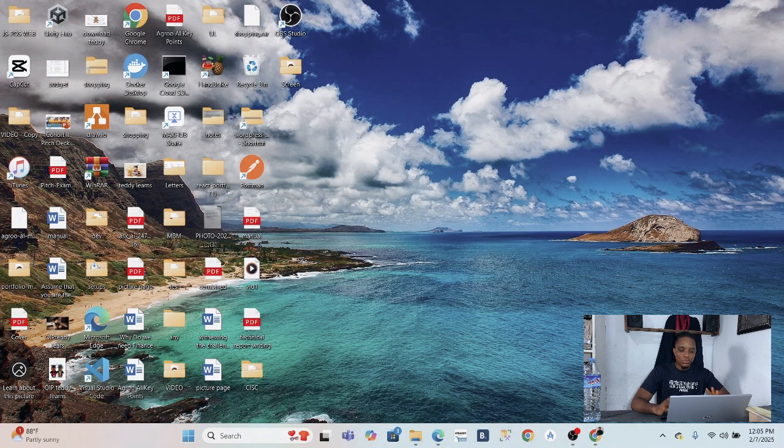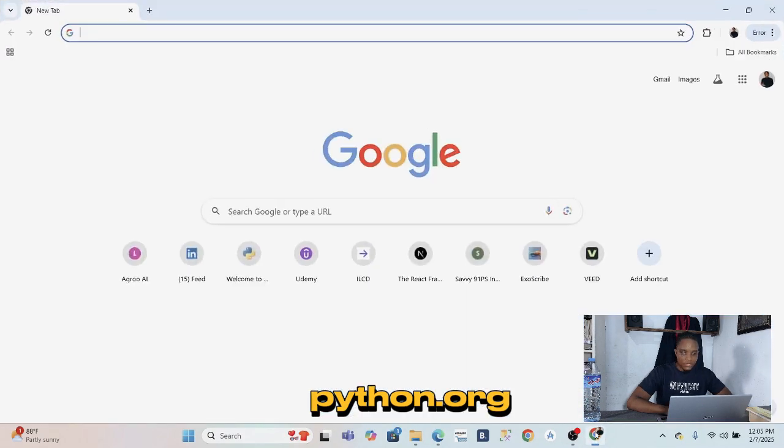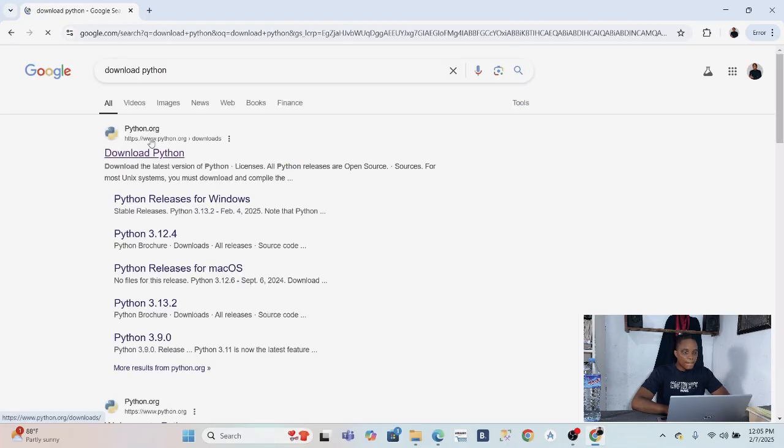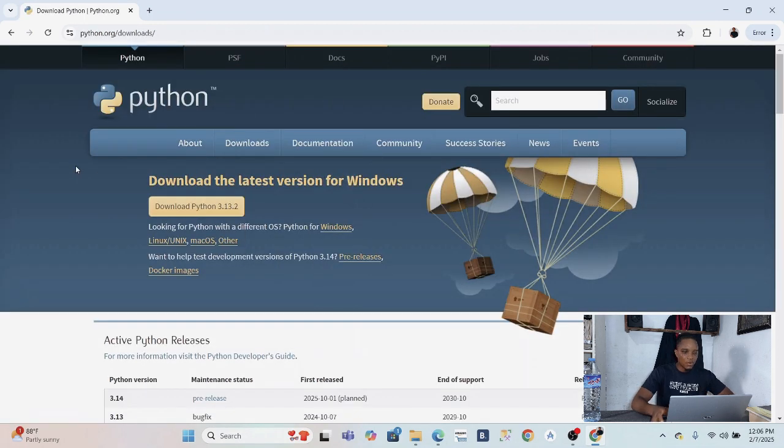In order to write Python or code or program on your local machine, you have to download Python. So let's go to Google. Just go to Google and say download Python and click enter. You see python.org. You go to python.org, that's the official website. If you have a Mac, you can download the Mac version. If you have Windows, you download the Windows version. I have Windows, so I'm going to download, but I already have it on my local machine,